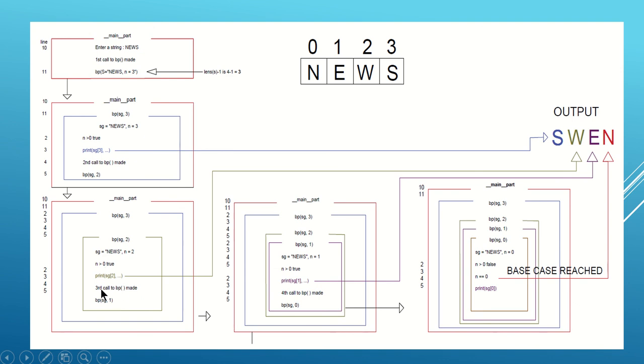And then again there is another statement, there is a third call to BP with the value 1, because n minus 1, so 2 minus 1 it will become 1. When you call that, again it will go here. Is the condition satisfied? Yes, the condition is satisfied, so it will print the value in the first index. In the first index I have e, so print s of 1, that will print the value e.